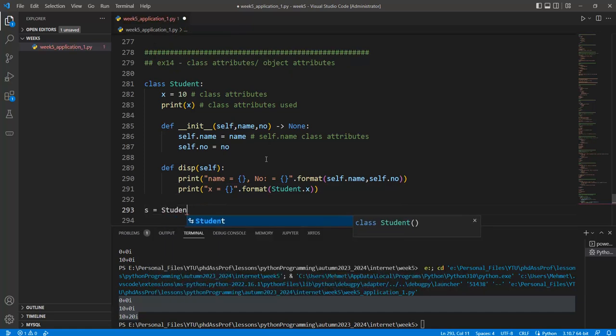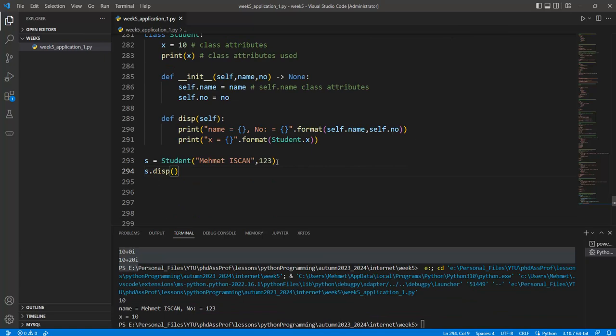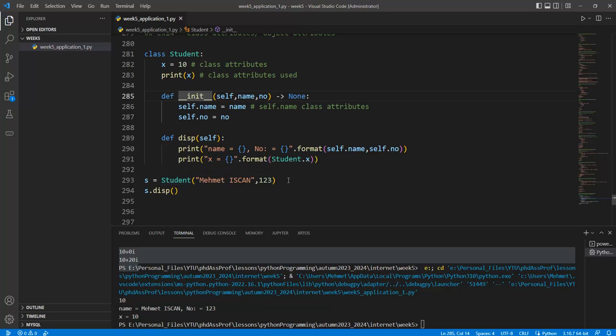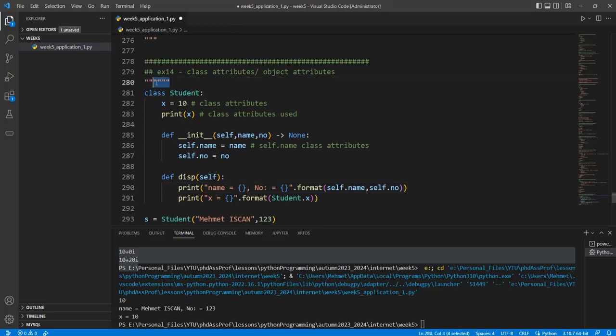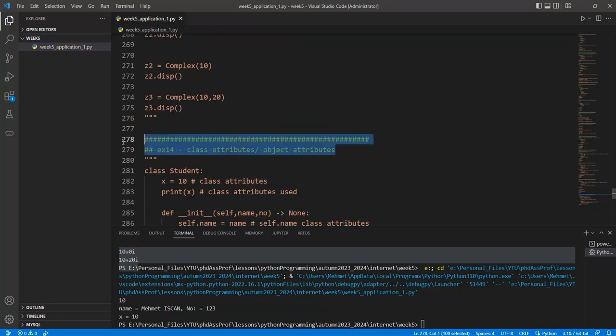Okay, a student can be created in here, like this one, Mehmet İşcan, with the number 1 2 3, and this can be written like this one. Okay, this x is called in here, and the student is created with the name and these terms, and then we can write this self function body. Okay,